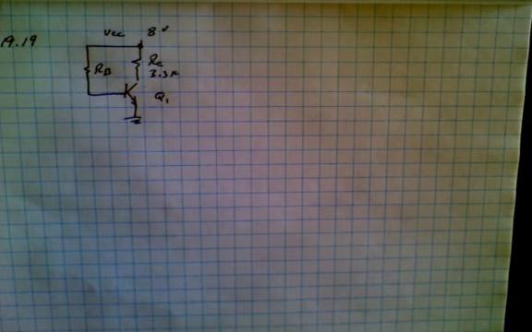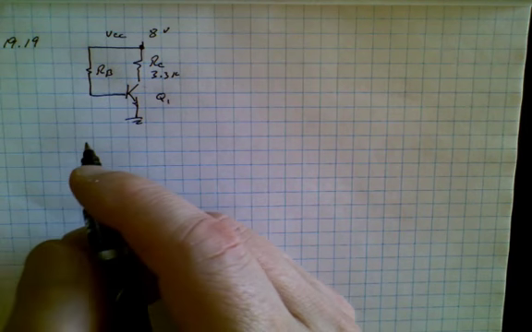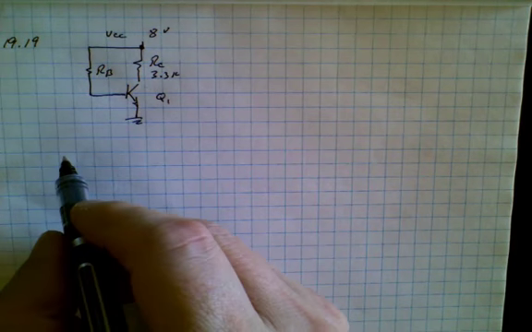In question 19, we're asked to plot the load line. To do this, we have to find the maximum collector current possible and the maximum collector voltage possible. So how do we do that? We're going to find